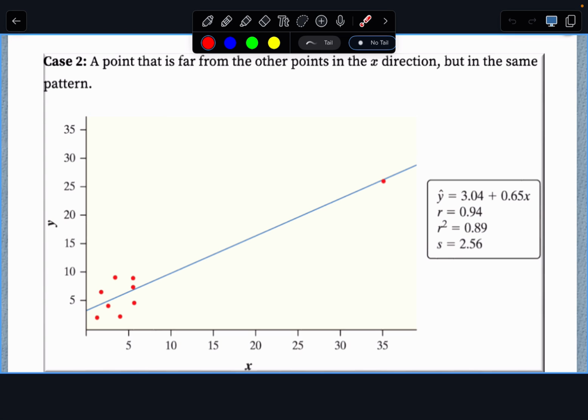Now, if I have this value that's extreme in the X direction, it lines up with the rest of the distribution, so it also has an extreme value in the Y direction. The Z-scores associated with this point are going to be huge. And so when I put that product in with the rest of my values here, it's going to increase that correlation by quite a bit. So because of that increased value for that Z-score on X, it's going to strengthen that correlation. Okay, and in this case, falsely increase because the overall association itself wasn't that strong. But this one point makes it seem very strong because the correlation jumped all the way up to 0.94,